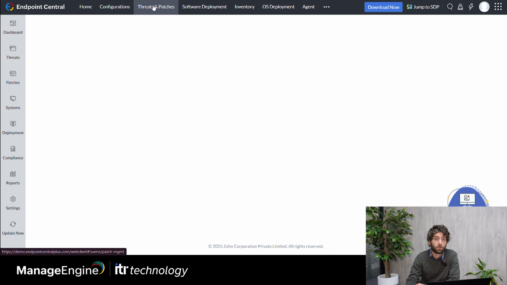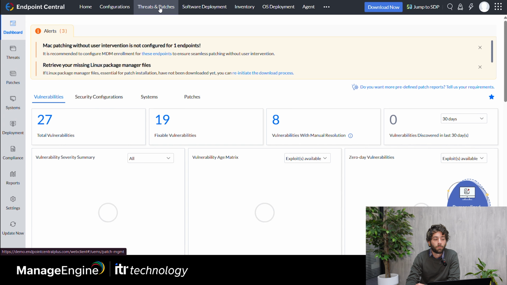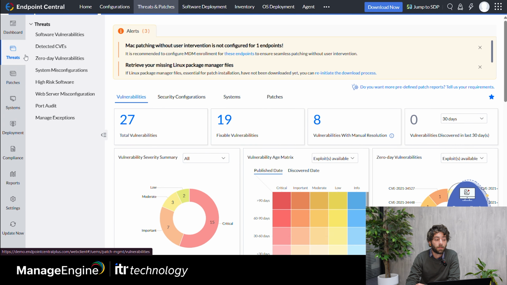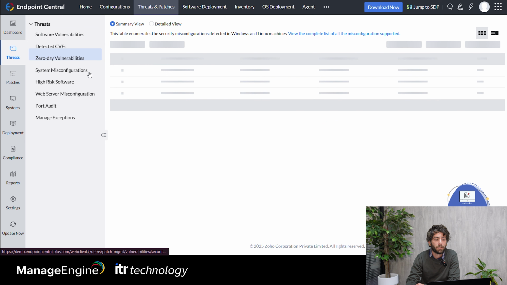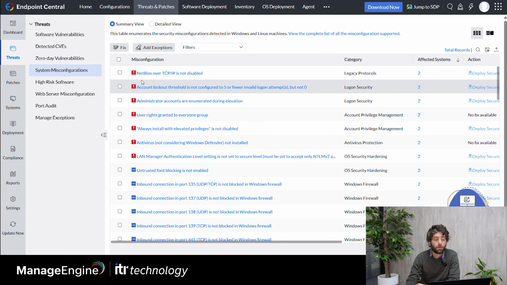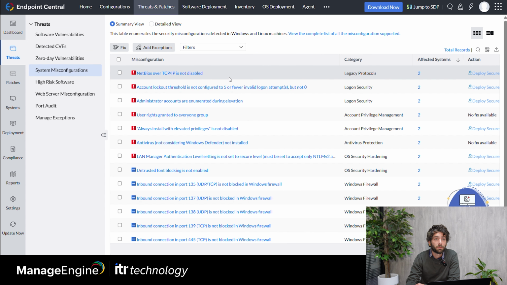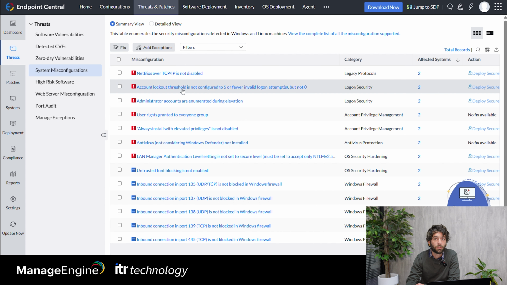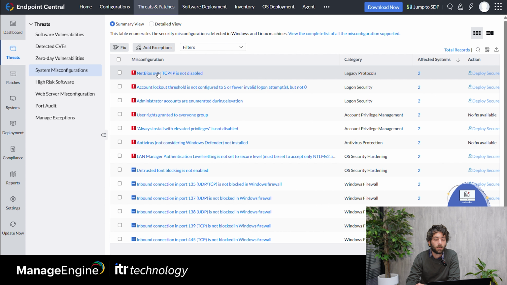Moving over to our next module, which will be the threats and patches. From the threats and patches module, we can select threats, system misconfigurations, and this will pull through all of our misconfigurations based off of CIS L1 and L2. We can then select which policies we would like to push out to the devices and create security mitigations from